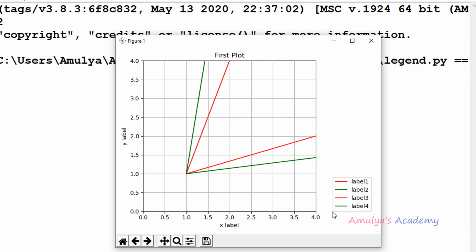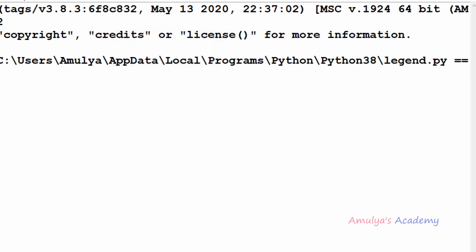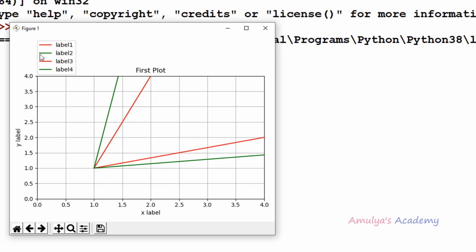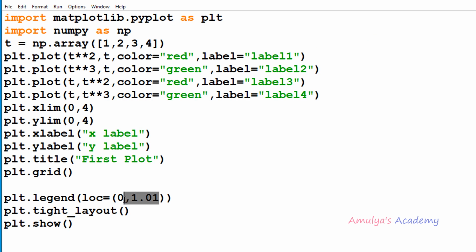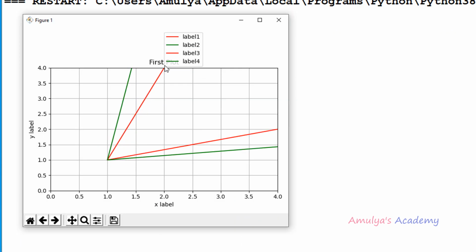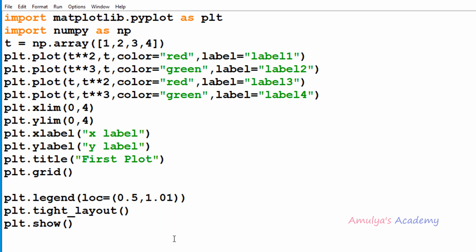This will be 1.1, 0. Or if we take x as 0 and y as 1.01, it will be placed here. If I take x as 0.5, it will be placed here. 0.5, 1.01. So in this way we can place the legend outside the plot using the loc keyword argument.